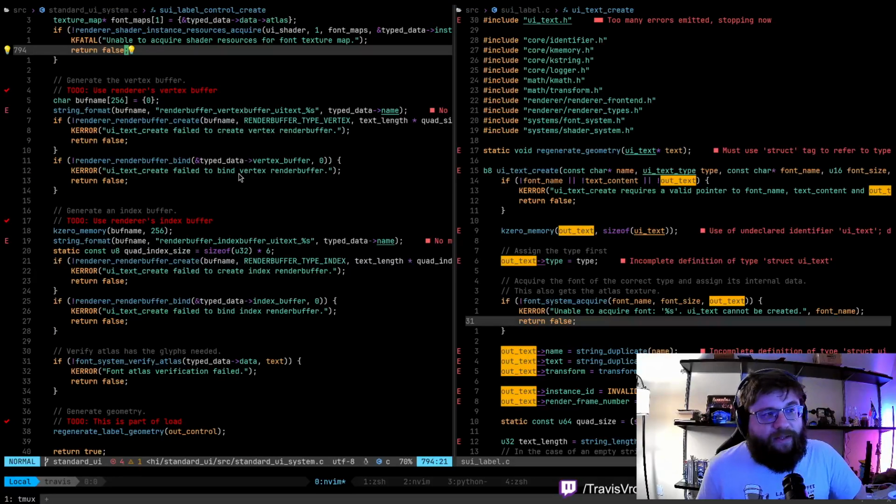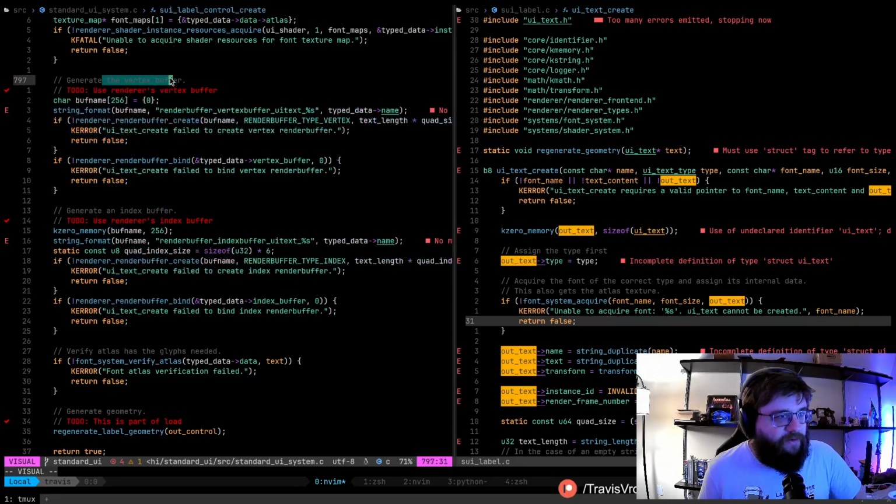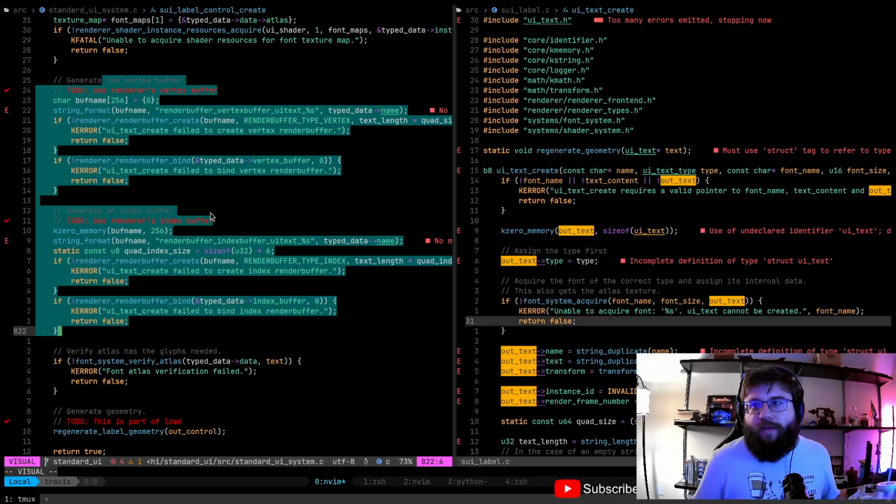The biggest thing that I wanted to actually straighten around is the fact that this is using a vertex buffer and an index buffer of its own, which was fine to get us up and running, but that's not really the way we want to do things, right? We should be using the vertex and index buffer that are included with the renderer, and feeding the renderer geometry to be loaded instead of doing it this way. So that's the goal for tonight. That is what we are looking to accomplish.